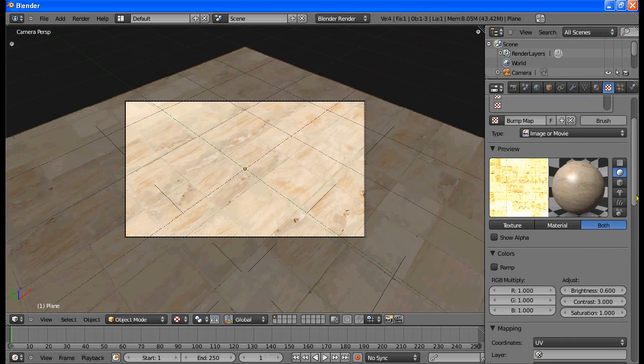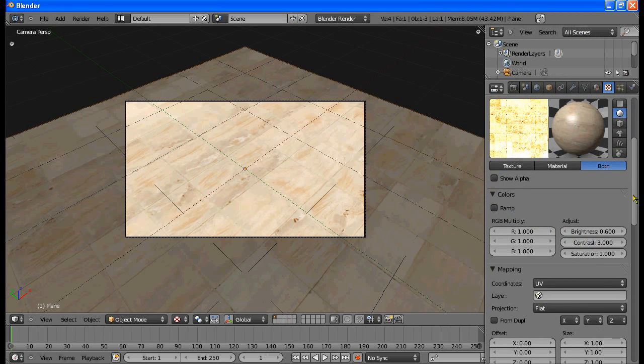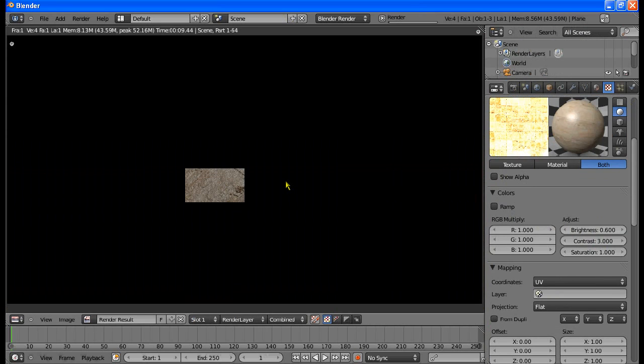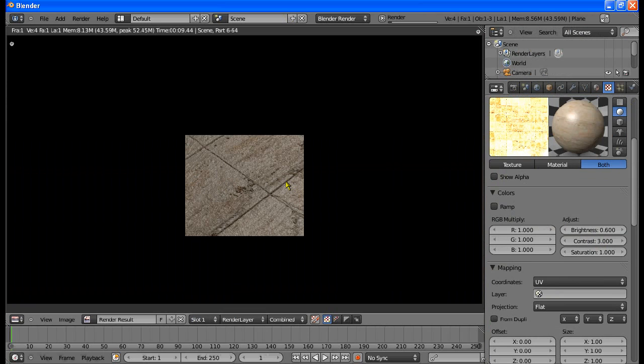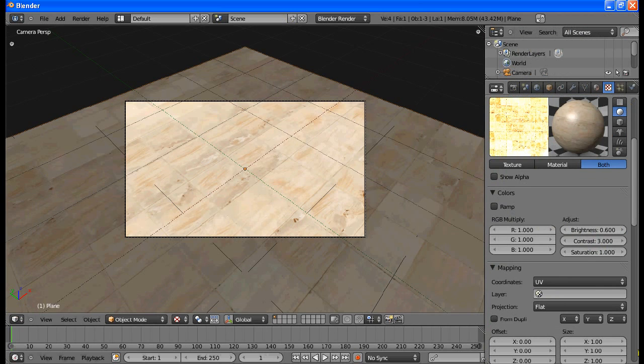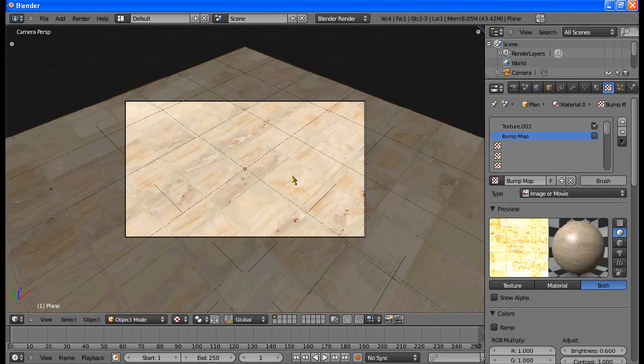If I just turn that brightness to like 0.6 and 3, contrast 3, then all the dark areas of this image will get even darker and make it actually look more detailed. And if I just rendered this, you can see there's a lot of detail in our tile right now. That's pretty cool. But if I showed you what it looked like without that bump map, if I just uncheck that,